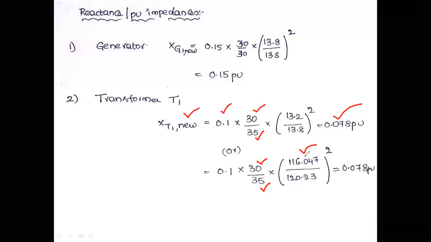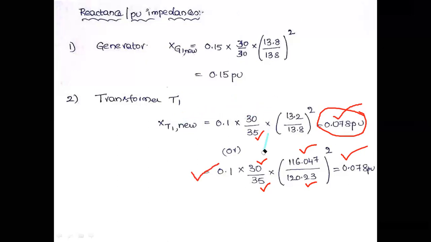Instead of 115, now you are going to consider 116.047. Why? Because that is the voltage you are getting at the primary winding of the secondary transformer. So that is the transmission line operating voltage, not 115 kV. That is a very, very important point you need to remember here, right? So 116.047 divided by 120.23. This is as per the new base values, and this is the old kV base. If you multiply, even if you consider this one, obviously you'll get 0.078. So both are valid. If you are getting confused by this second step, please go through this one, no problem at all, right?